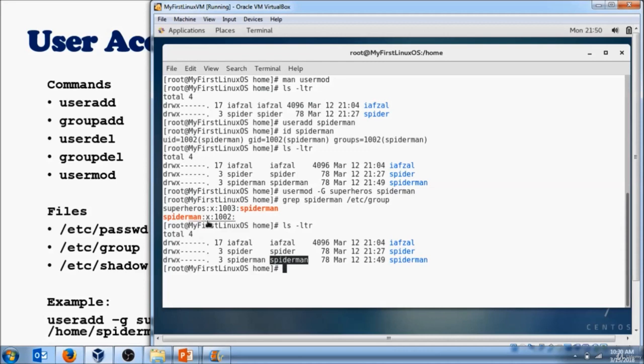Why didn't it change to superheroes? Because its actual group is Spider-Man, and it will always remain Spider-Man. It is part of the other group as well, which is superheroes. If you want this to change, then you have to run the command chgrp, and then you specify superheroes, and then you specify